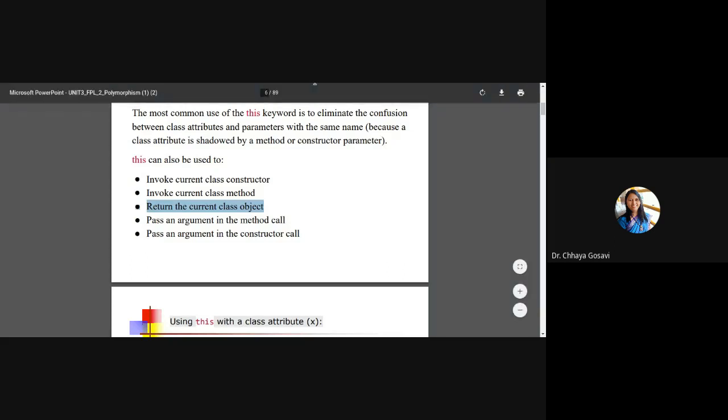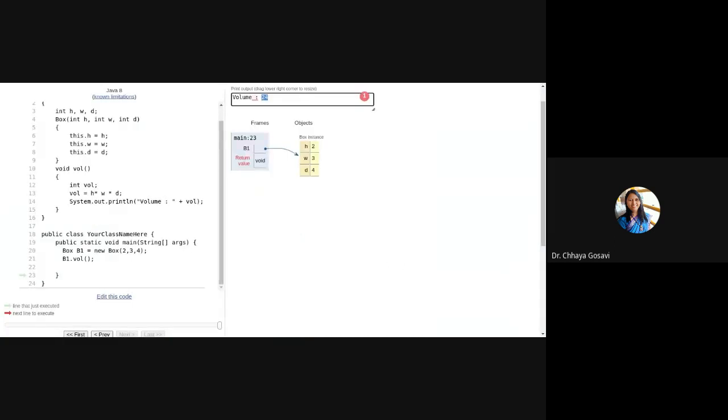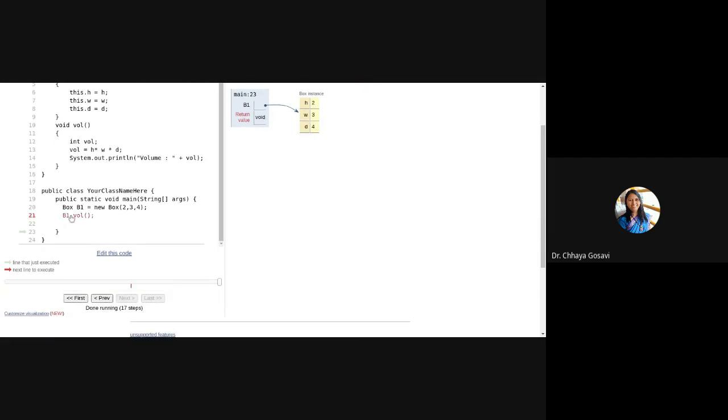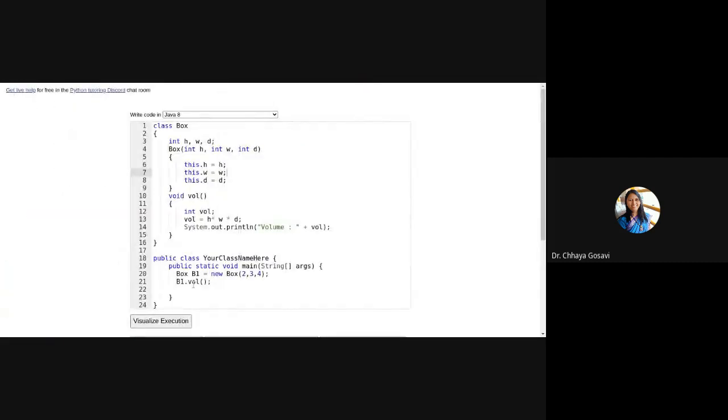For example, in this case, instead of calling the method volume at line number 21, I can call this volume method from the class itself, from another method.